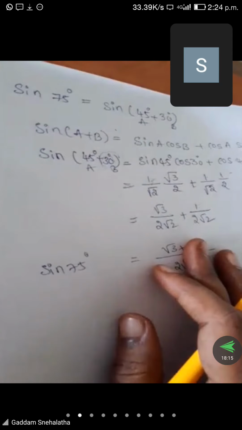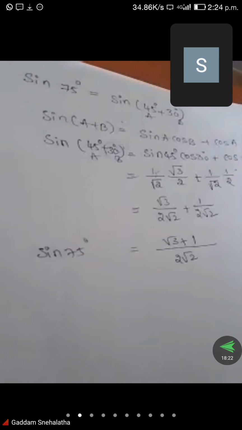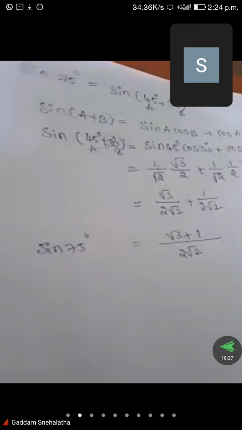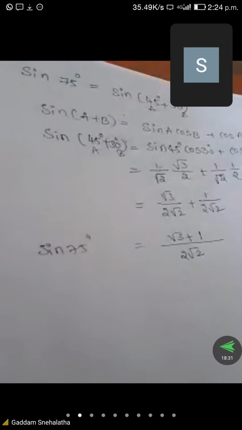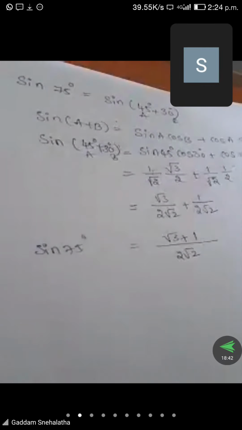Yes, ma'am. So next, same as this, can you find the values of cos 75, tan 75, or shall I explain? What do you say? No need? Shall I move to the next method? So now here,